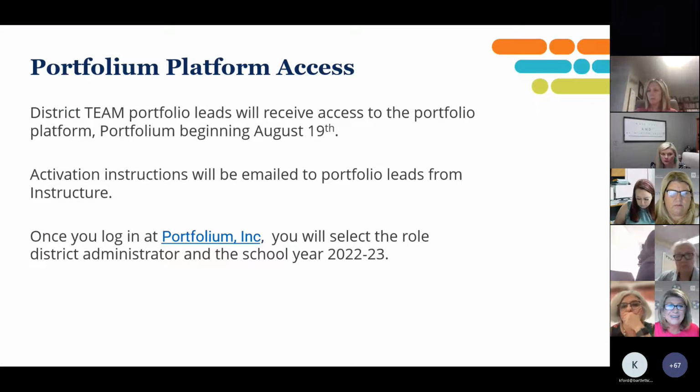So let's start with the platform. All of the districts and charters named a portfolio lead, and those of you on this call today were all named as your district team portfolio lead. You will all receive access to the platform Portfolium starting tomorrow. Once I get you all rostered, and that will happen first thing tomorrow, we wanted to wait until you got